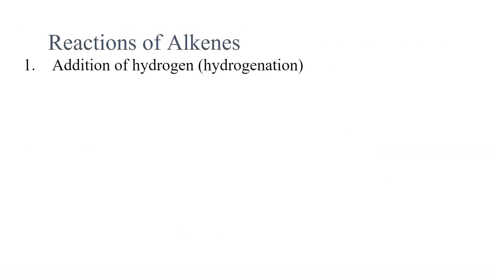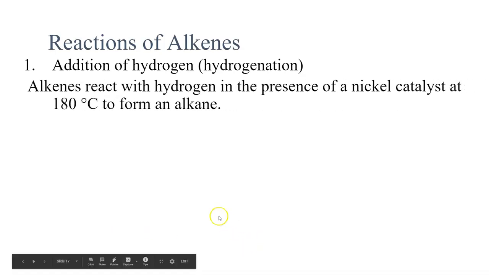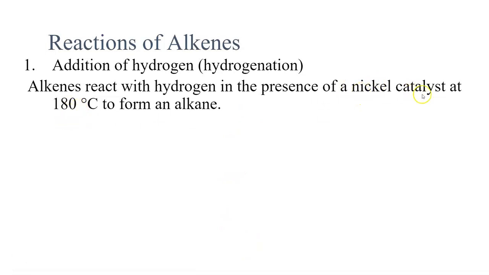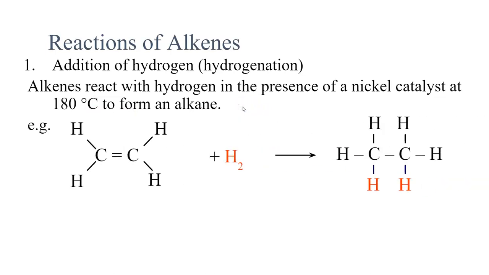The first one, hydrogenation, the addition of hydrogen. Okay, here's nickel catalyst needed, 180 degrees centigrade. You need to know these sort of conditions. If conditions aren't stated, then that means the reaction occurs at room temperature and pressure. So what goes on? Well, there's the double bond. Oh no, it's disappeared. And what has happened is that one hydrogen atom has added to each end of the